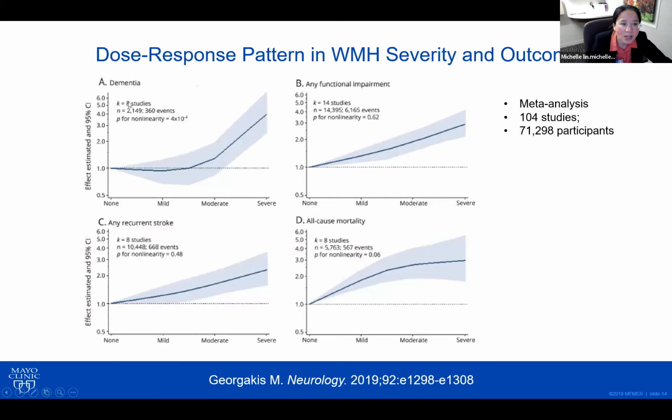So here are various outcomes: dementia, any functional impairment, all-cause mortality, and also recurrent stroke. On the x-axis is the severity of white matter disease using the Fazekas score, and there's the probability of having the outcomes. And here you see that there are linear projections to most of the outcomes from this meta-analysis,